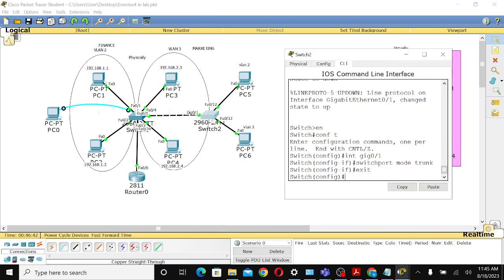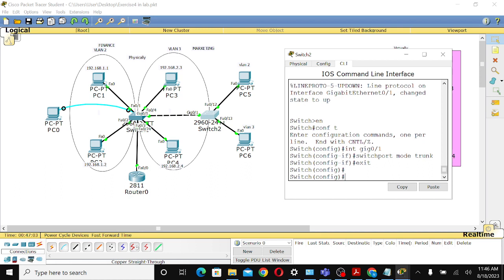Okay, now for this new switch, we need to create the VLAN, because this new switch is connected to PC 5 and 6, where these two PCs are connected to different VLANs, right? So for this you have to declare or create the VLAN. So inside the configuration mode, just give the name VLAN 2